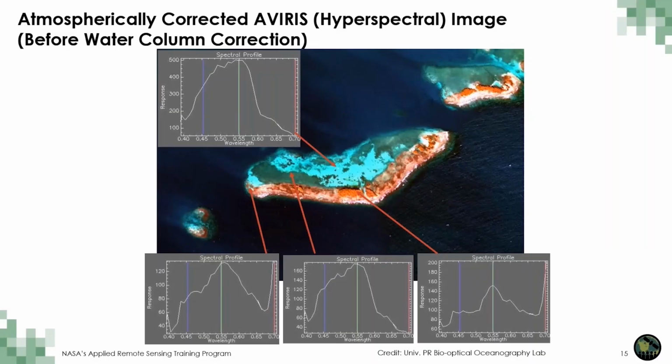Here's a hyperspectral image collected in Puerto Rico back in 2004 in an area known as La Parguera in the southwest coast of Puerto Rico, before the massive coral bleaching event of 2005. You can see that even in this image at 4 meters spatial scale, features such as seagrass beds, which in